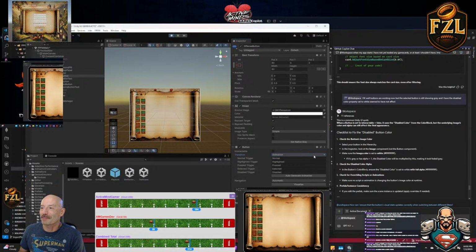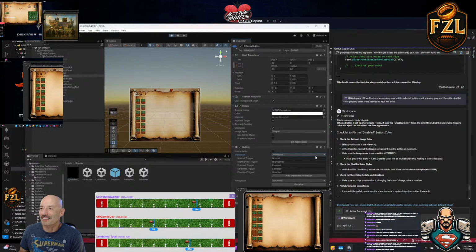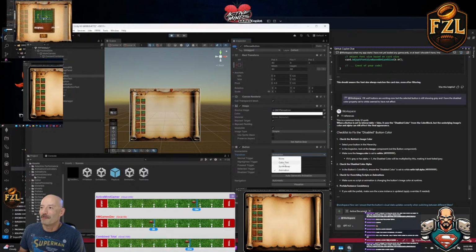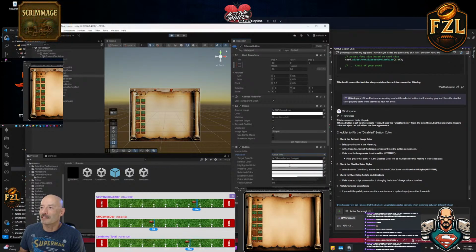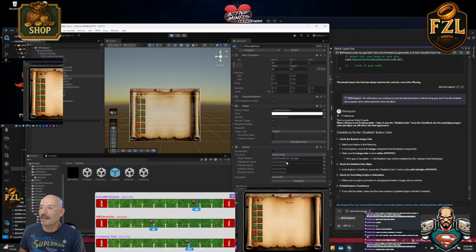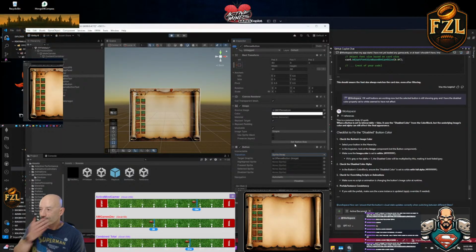It's not something I'm gonna do though, because that's over maybe at some point, some way, somehow. But I like the sprite swap option. But I have to create images for that. So maybe I'll look at that tomorrow, maybe. Or you know what? Let's